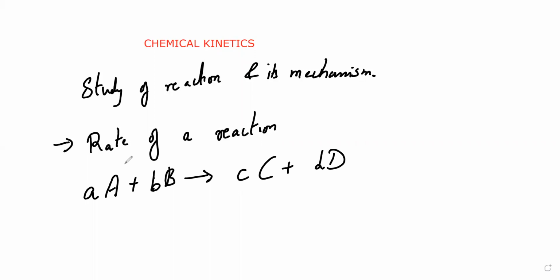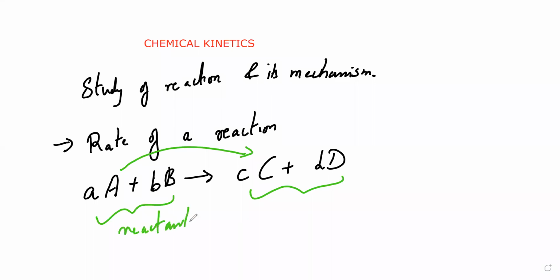Basically, it is the change in concentration from the reactant to product, right? Maybe in words you might not be getting it, but I'm sure that everyone knows what the rate of a reaction is in general. So we have to know what the terms are here in order to completely understand this chapter well.